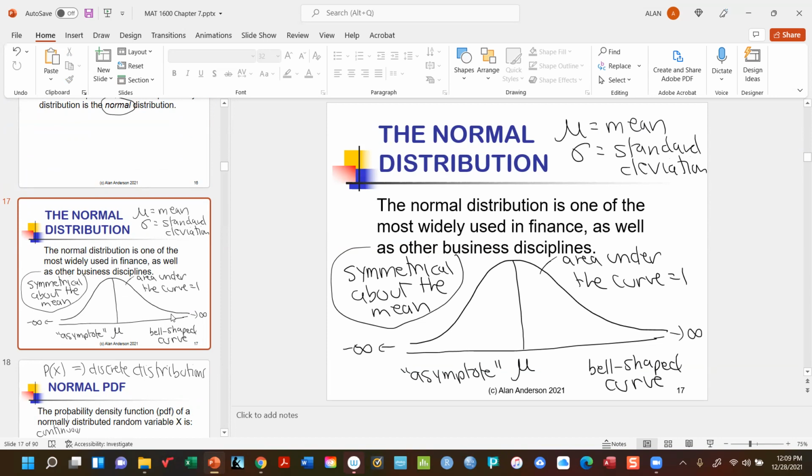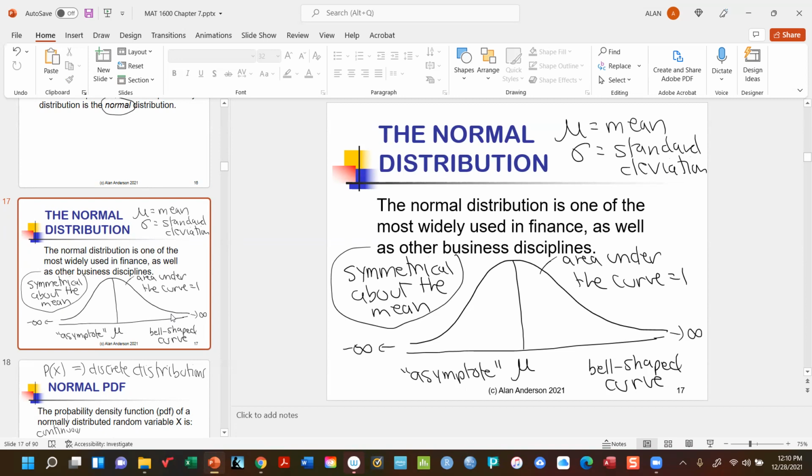But unlike the Poisson and the binomial, which we've already seen their histograms, here remember, because this is a continuous distribution, we're not looking at bars any longer, we're looking at curves. And what you'll notice is that, first of all, in the center, we find the mean. Now, here's our old friend, the Greek letter mu. Once again, we're using it for double duty. We used it as the mean of a population, but here we're going to use it as the mean of